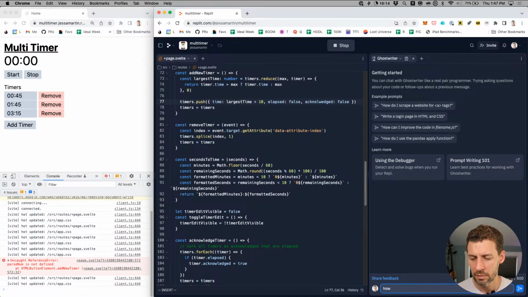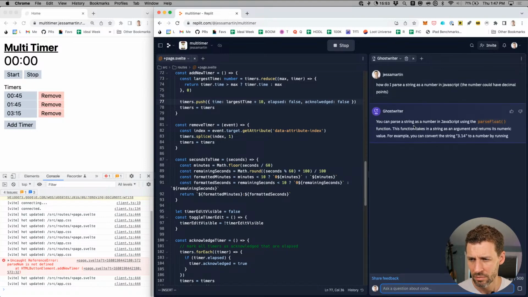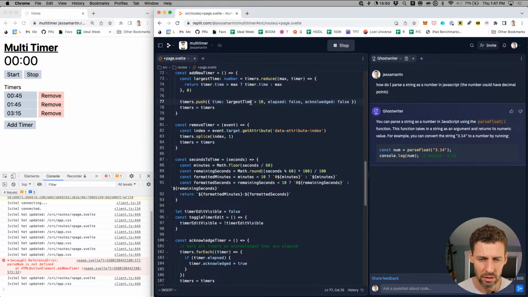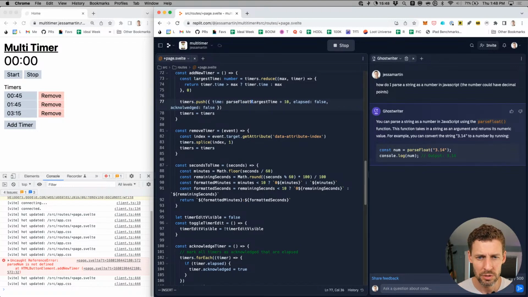How do I parse a string as a number in JavaScript? The number could have decimals, so it's not parseInt. What is it again? parseFloat, that's right. parseFloat.